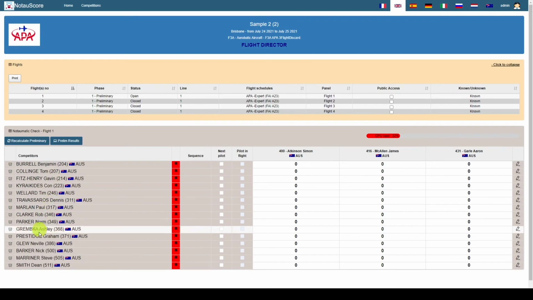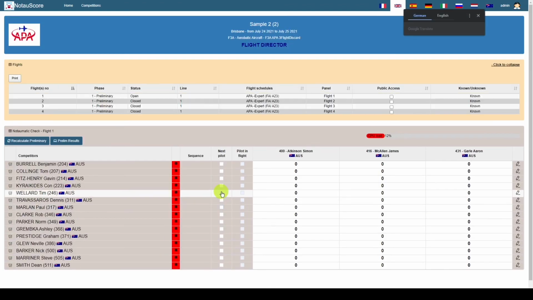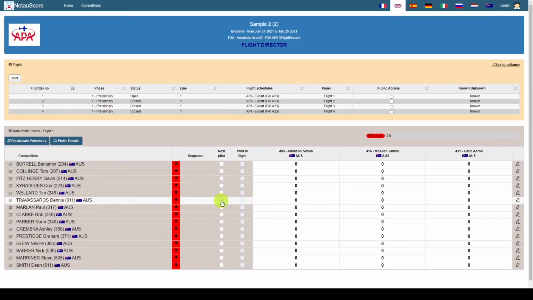So I've got my flight open, I've got my pilots, you can see the 3 judges that I have allocated to flight 1. That is going to refresh a little bit. In competition, that doesn't matter because we're not really looking at the screen. And if I'm not generating an automatic flight order, I can manually choose the order of pilots here by selecting the next pilot with these tick boxes.